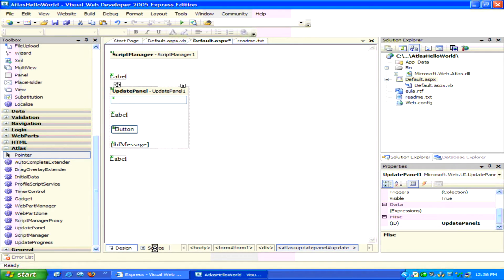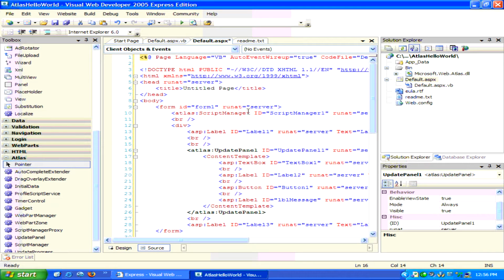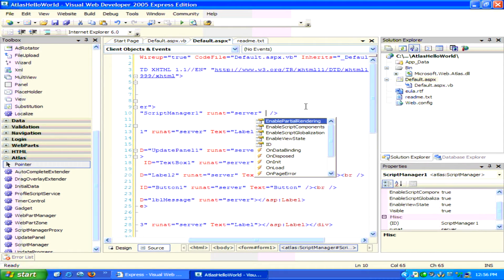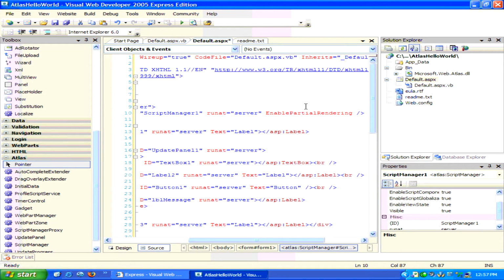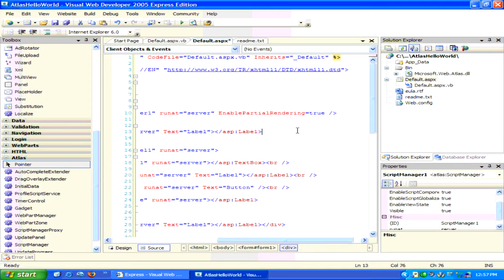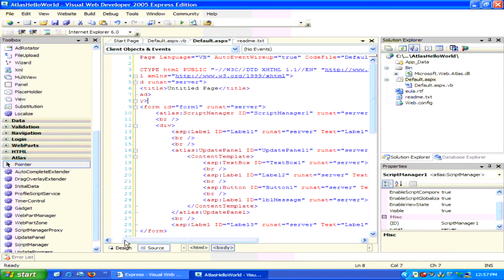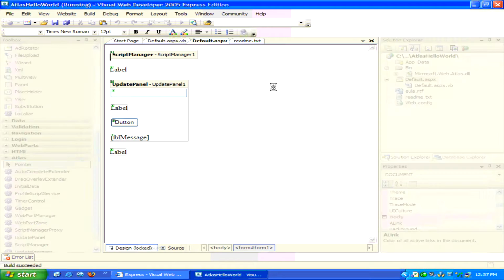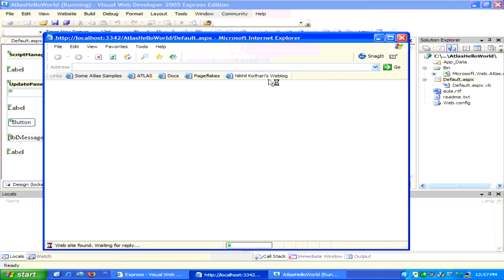We switch over to Source View for our default page here, and into the Script Manager object, we want to add an attribute. So we want to set Enable Partial Rendering equal to True. So it's off by default. We're going to set Enable Partial Rendering equal to True. And now, if we rebuild and rerun our application in the debugger,